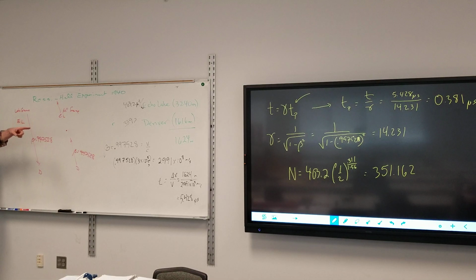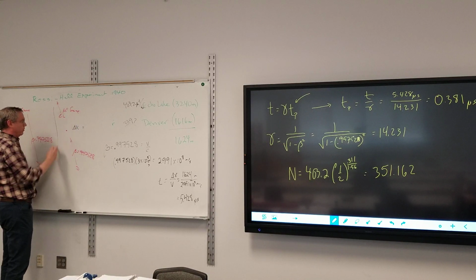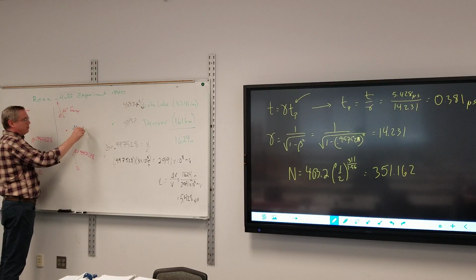It's not traveling 1624 meters from here to there, because it's much less time. So let's just try to figure out that distance. So the distance traveled from the muon's point of view, well, it's still under the muon frame, is going to be the speed,